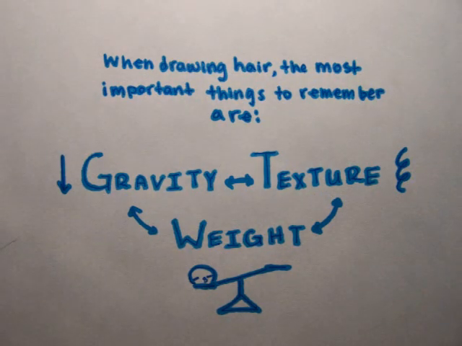Gravity is of course the force that keeps us on the ground and keeps us from floating off into space. Gravity is also what says that your hair grows downward from the top of your head. Of course, we know that hair grows on top of the head, but if it gets too long, it will not continue to grow upwards as it does when it is shorter. This is because gravity will naturally pull the hair down once it gets to a certain weight. And this is our second topic.